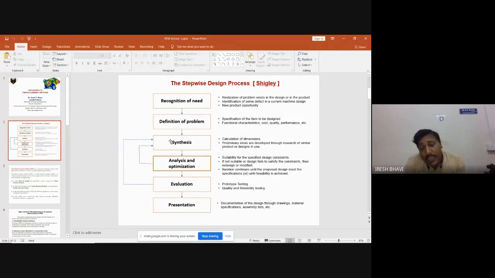Because in FEM, what happens? It is a numerical method, and you know, numerical methods, the accuracy of the numerical method depends on the number of terms you are using. For example, you have seen Taylor series, you have seen Newton-Raphson method, you have seen Runge-Kutta method. In those methods which you are solving in mathematics, the accuracy of that method or the results you are getting depends on how many terms you are taking. If you take more terms, definitely you will be moving closer to the accurate value. Means the solution you are getting is more and more accurate. But at the same time, what happens? The calculation time also increases.